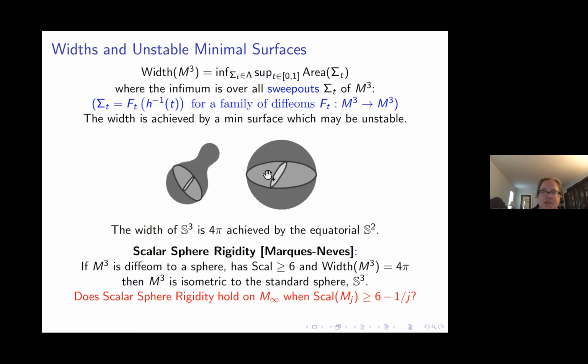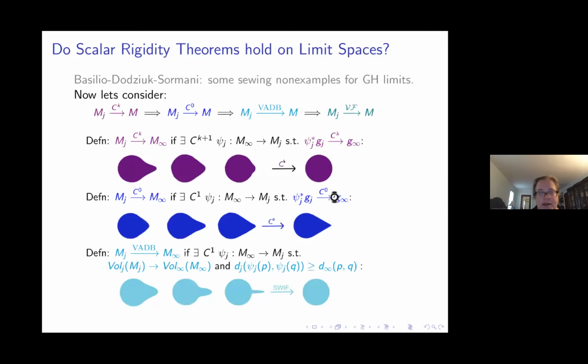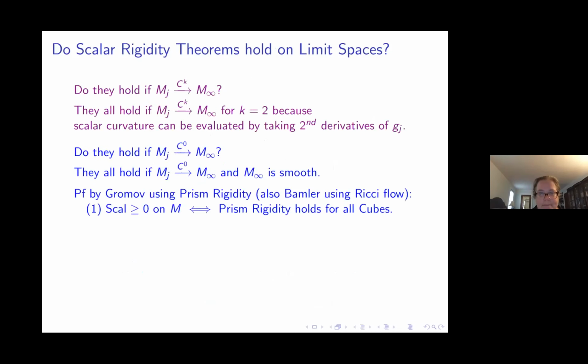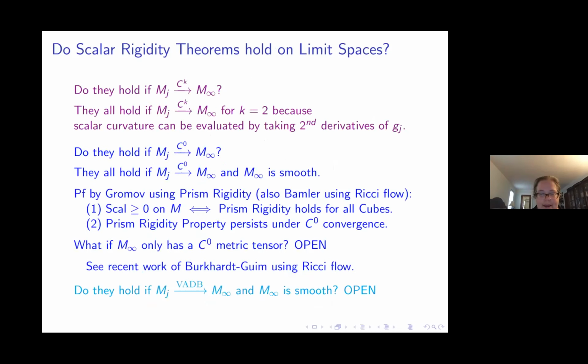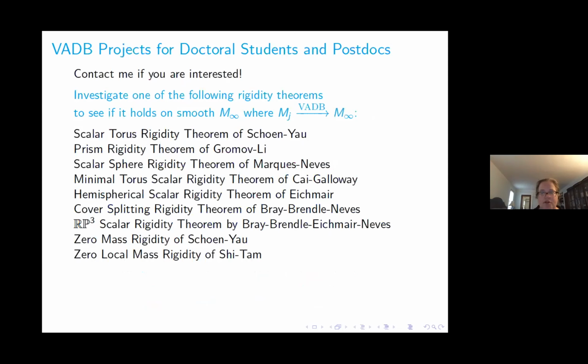Now what you want to do is say, okay, take the slices back and forth between the two. That process of converting slices from one space to the other, converting sweepouts from one space to the other, is going to involve the intrinsic flat convergence. So that's another thing to keep in mind. And we have these. And here were all the different rigidity theorems. And remember,